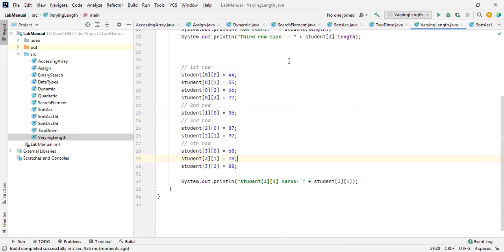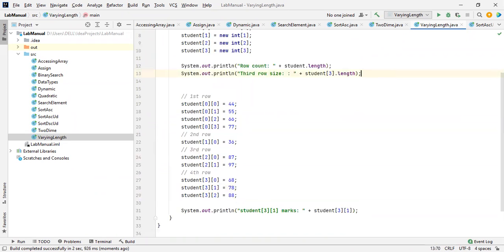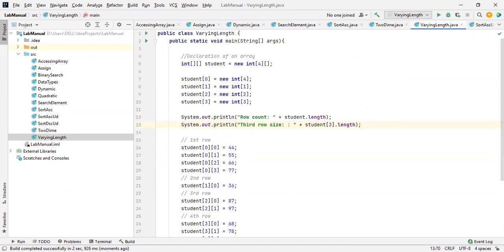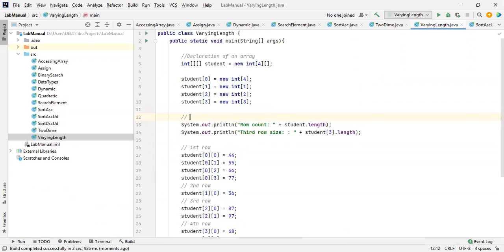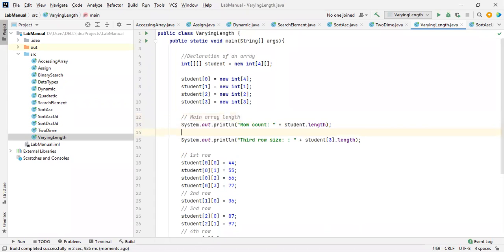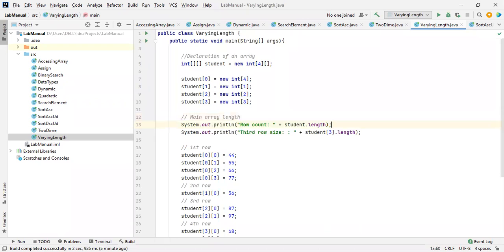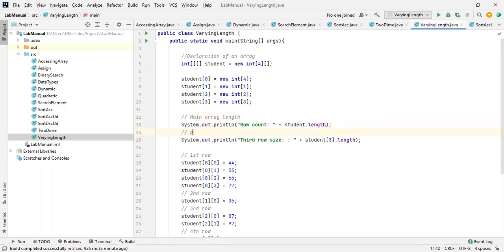Let me use a for loop to print everything. Let me mention so that it is easy for you to understand. Main array length, and this is a specific array length.